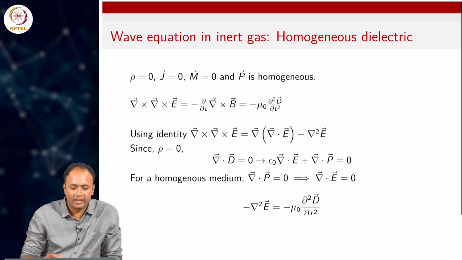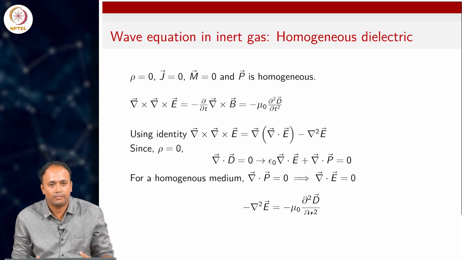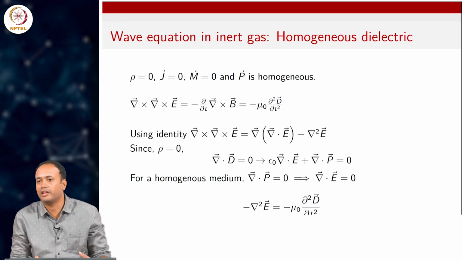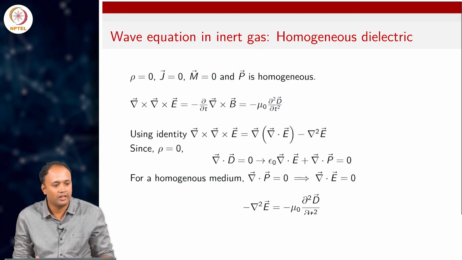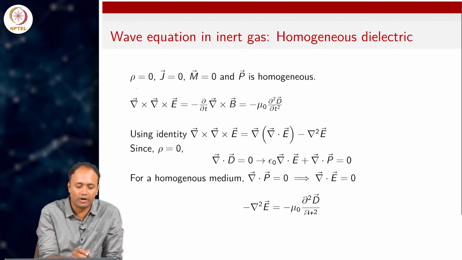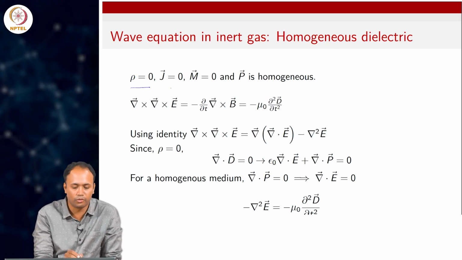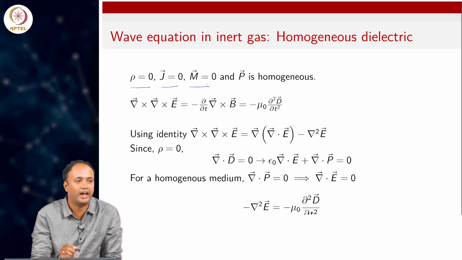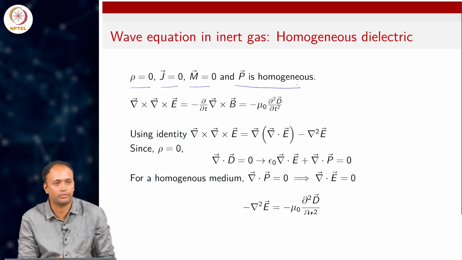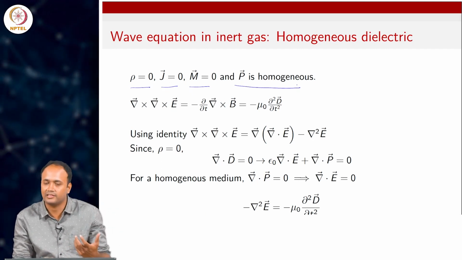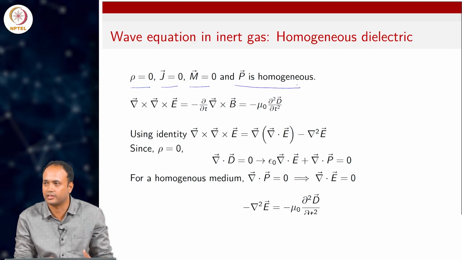Now what if you have this wave equation but in an inert gas, and you model this inert gas as a homogeneous dielectric, okay. Now what are the sources? You do not have free charges, you do not have free currents, you do not have a magnetization, but you have a polarization which is homogeneous. Which means it's constant, it has a direction because it's a vector, but it's a constant, it's a homogeneous